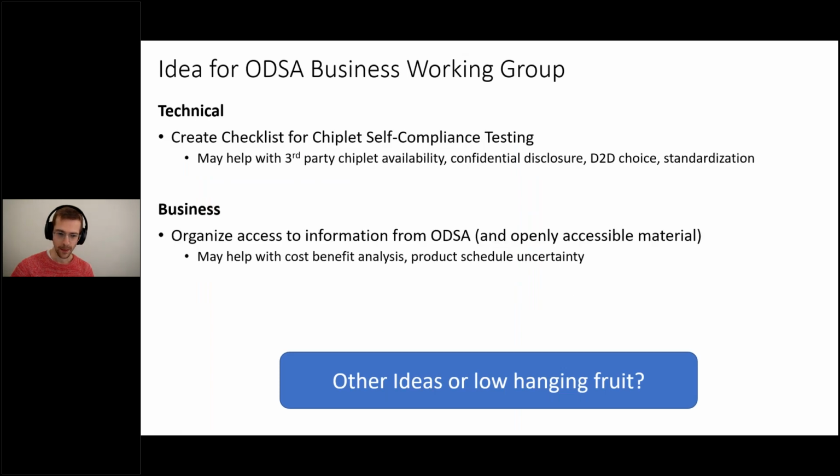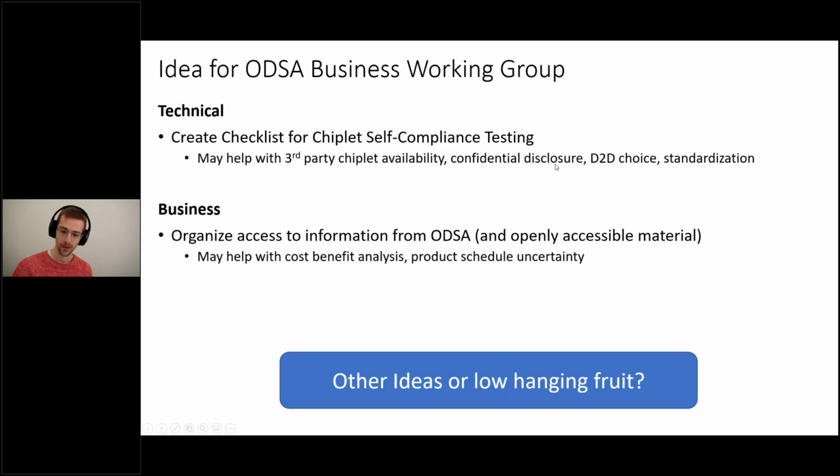I have been thinking about the things that we mentioned so far, ideas that we could work on in the business working group. One being the checklist, and the other one being organizing information. And I tried to map which items of the challenges that have been mentioned these two efforts would address. So I think this checklist and self-compliance testing would help with the third-party chiplet availability, because it would mean that people could have a way to say that they're compliant to a certain standard.